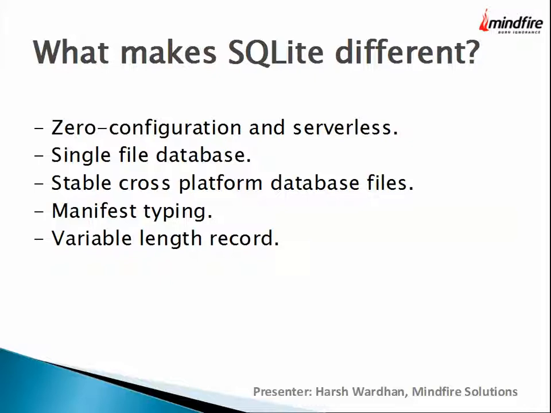Variable length record means like you give varchar 100. Okay. So 100 bytes are reserved for that particular column. So what happens with this is when you give text and you enter just one letter, 1 or 2 bytes would be used, the others won't be used at all. Whereas in other cases, if you give varchar 100, it would take 100 bytes whether you give one letter or you give 100 letters.